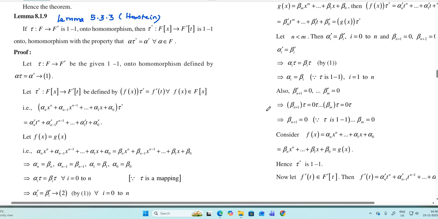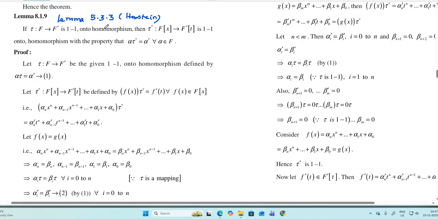In this video and in the next video also, we are going to have prerequisites for the main objective of the section, namely any two splitting fields of the same polynomial are isomorphic. So this result, which is given as lemma 5.3.3 in Herstein, states that if tau from F to F prime